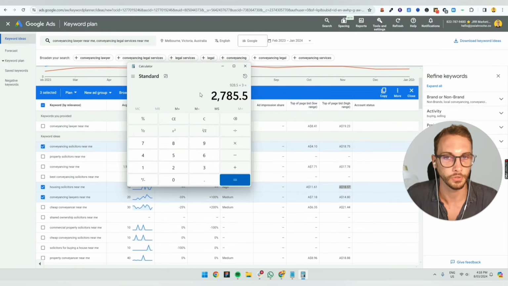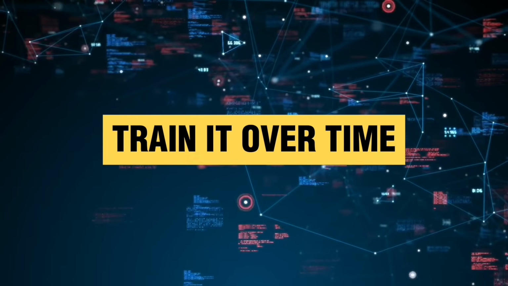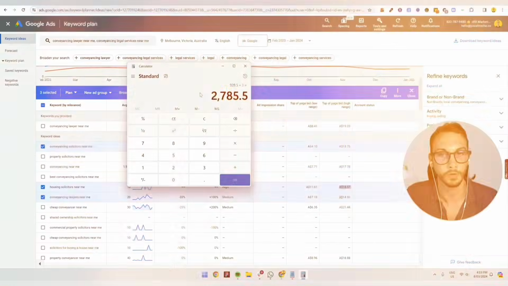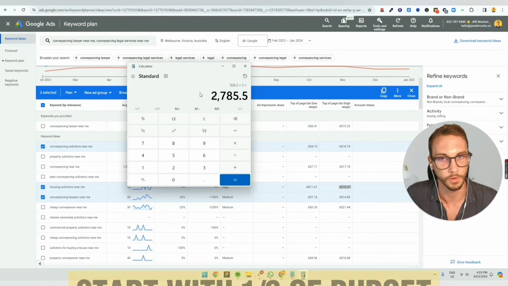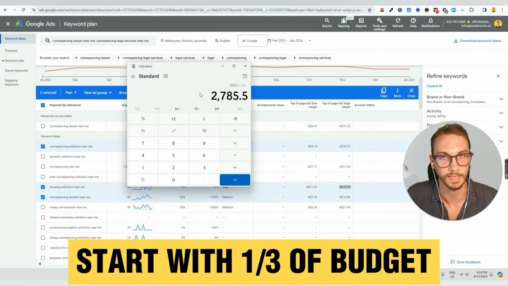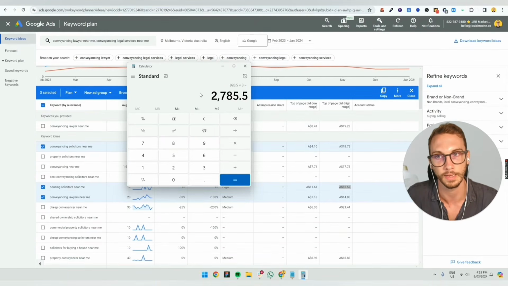And so when you know your budget and you know you want to spend a lot of money per day, it doesn't mean the algorithm is going to be at its best state at the beginning because you've got to train it over time to be more profitable. So I do not recommend spending the most amount of budget that you're willing to spend. I reckon usually you start off with about a third of the budget that you want to do. If that's 3K a day, in that case, like probably even $100 to $200 a day